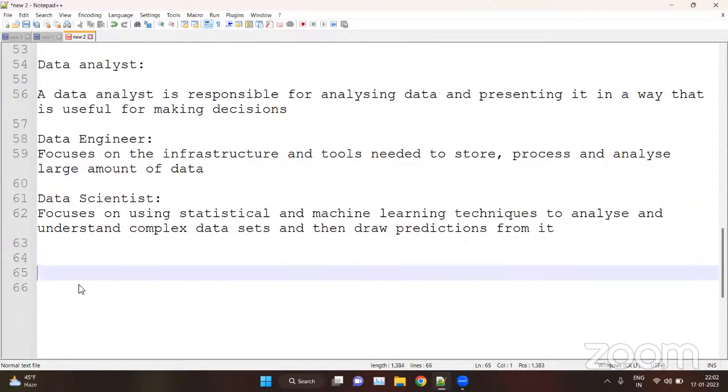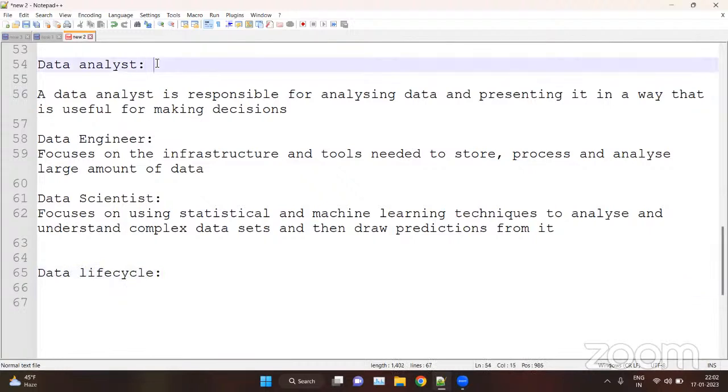That is the data scientist, a combination of data analyst and data engineer. Basically, the data analyst is about cleaning and representing your data. The data engineer focuses on the tools and infrastructure used to store, process, or analyze large amounts of data.